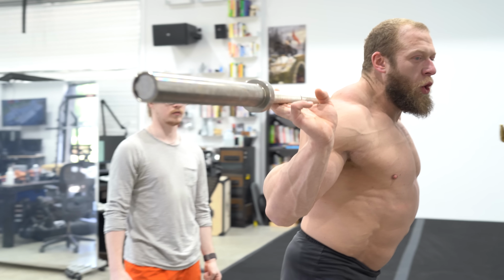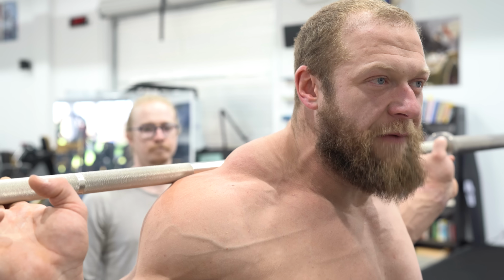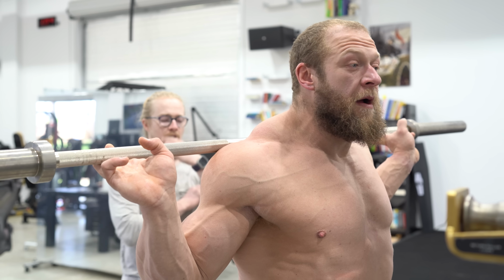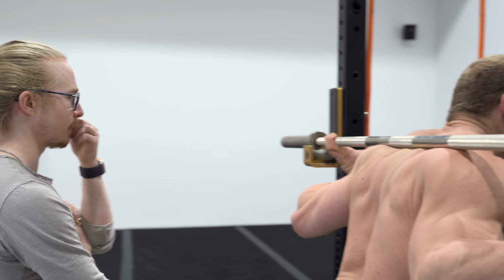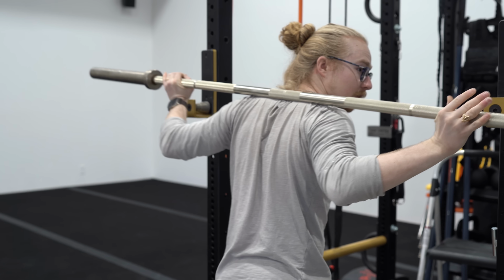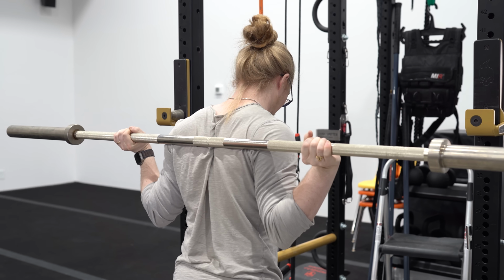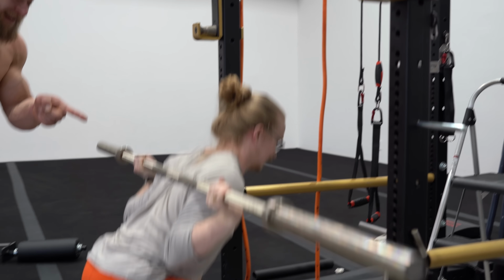I think as you get older, two ways of working around that are to reduce the volume of this position you're in to give your body a break by using something like a safety squat bar, and the other way of helping you as you get older is actually to do accessory exercises for that stretch. This, for me, a low bar position, that's no problem. I can even use that more. But I could go way down as far as